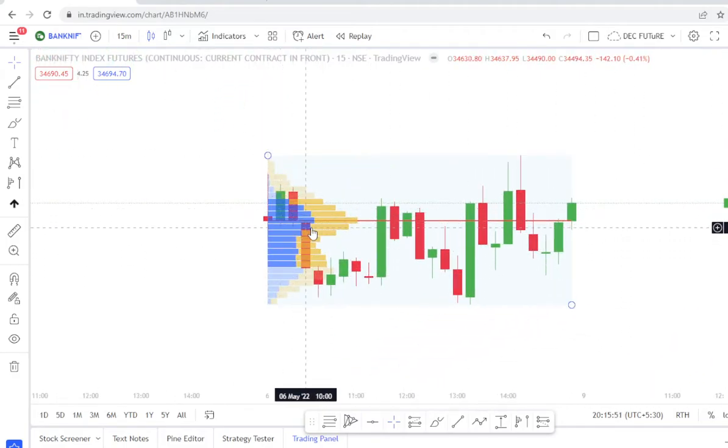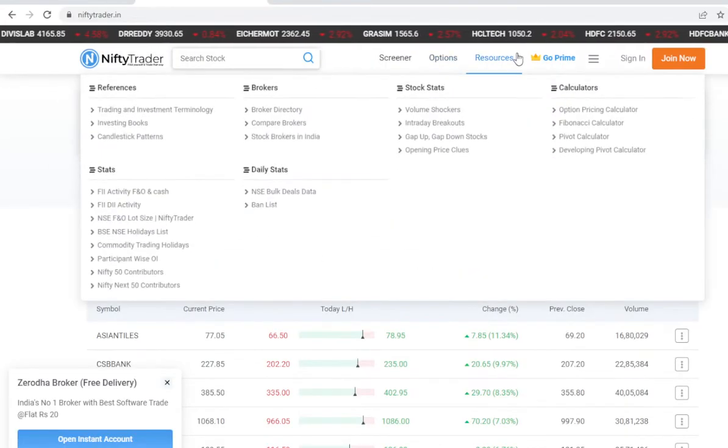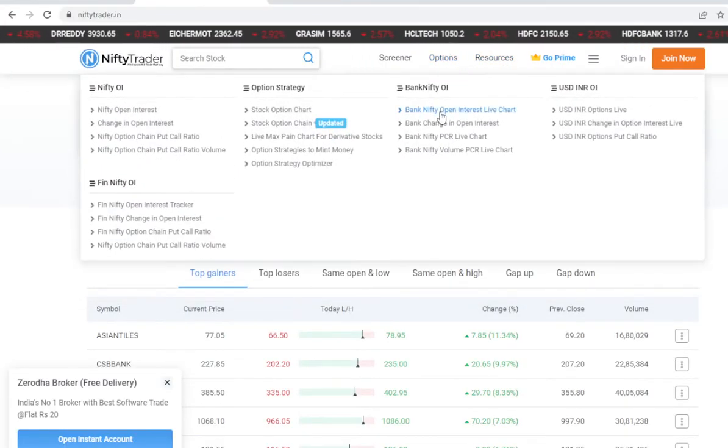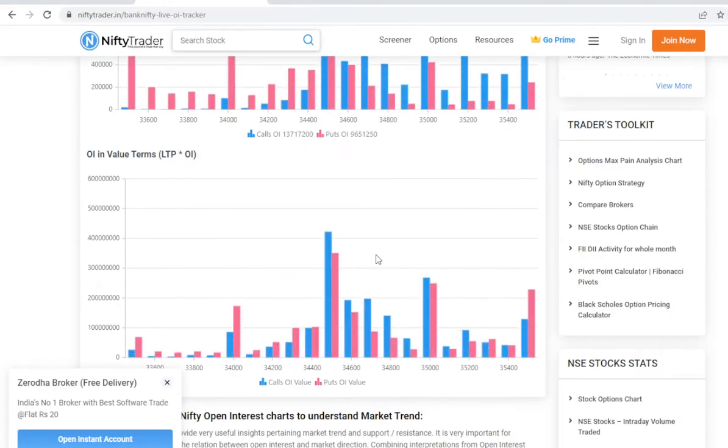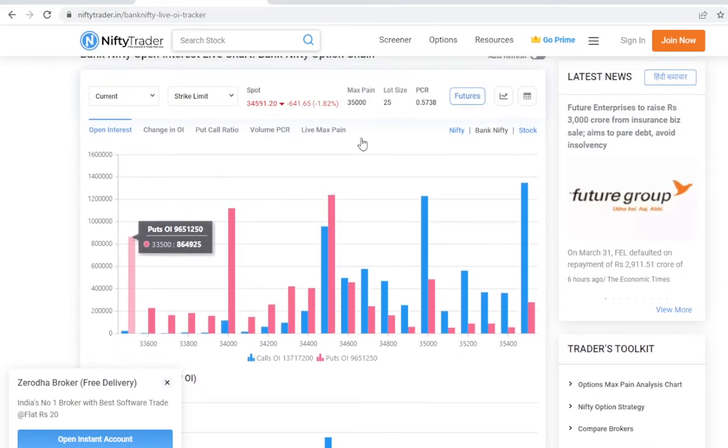Look at these two candles. There is a huge amount of action happening around here. We will check that and confirm it with open interest as well. Let's go and check the open interest for Bank Nifty. All right, now here, if you see Bank Nifty, I have current